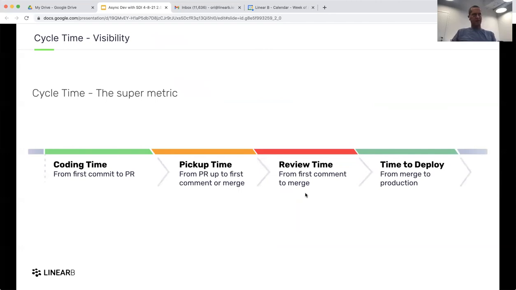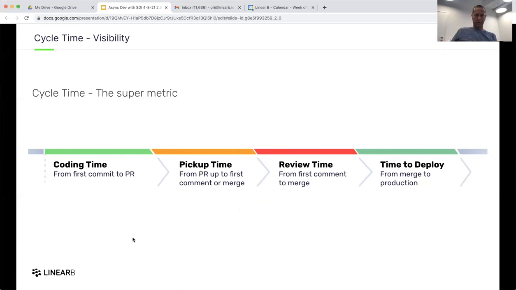Now, let's take another example. I like to take this example and focus on cycle time, which is a super metric constructed out of 4 segments, or 4 separate metrics, that will help you understand your dev process in the best way. If you think about it, cycle time is really simple. It's from the first time code was committed until it's deployed. And it could be, by the way, that it's still not tied to value, right? It could be that it's part of a large story and we need a lot of other elements to be there.